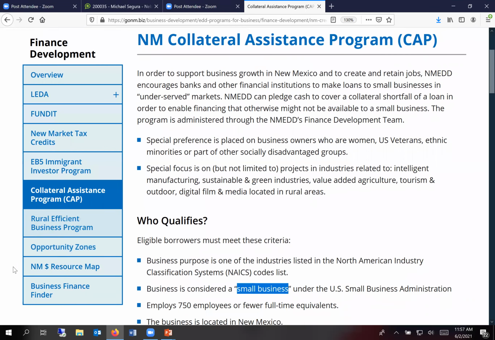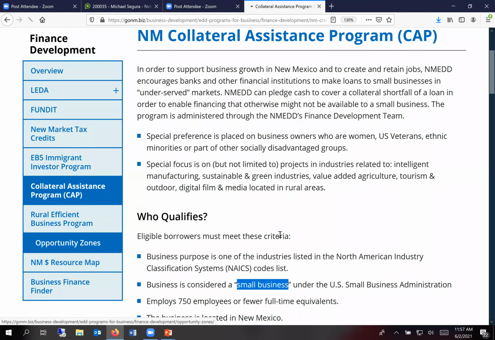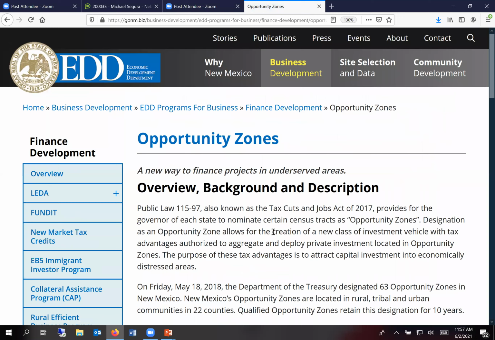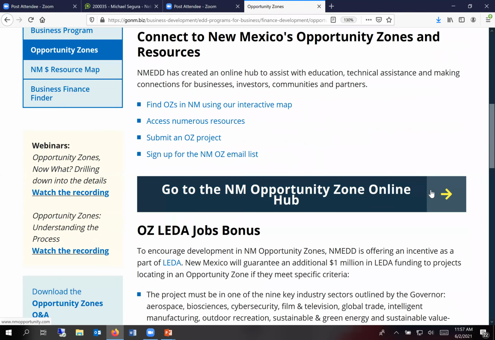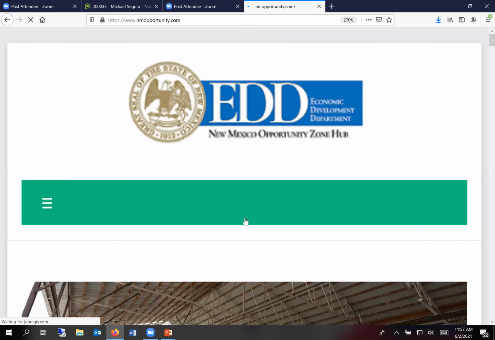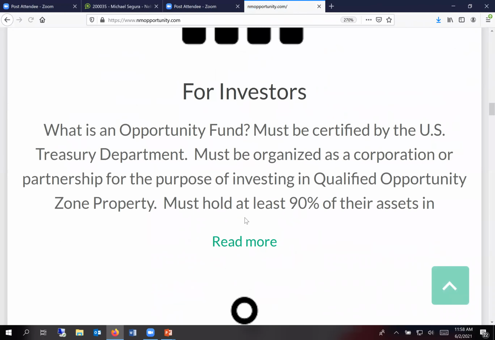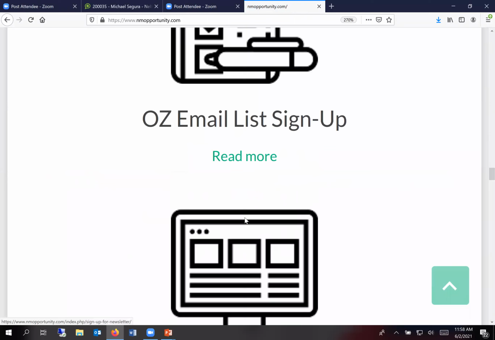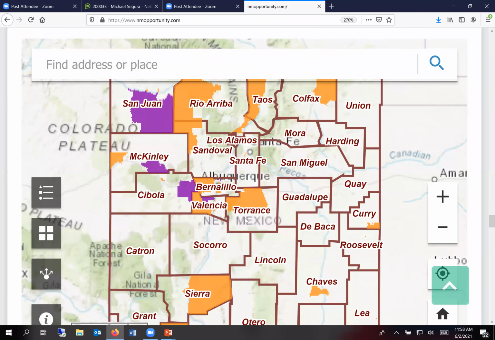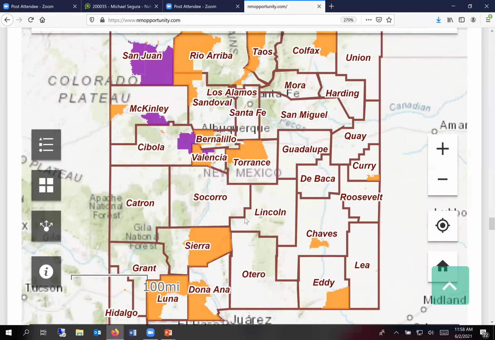And now I want to talk to you about opportunity zones. Those are my favorite things to talk about, actually. And I like to go to the opportunity zone map to talk about these. These are zones designated in New Mexico as having low economic outcomes right now, and they have the biggest opportunity for bringing in manufacturing or agricultural based jobs to the area.